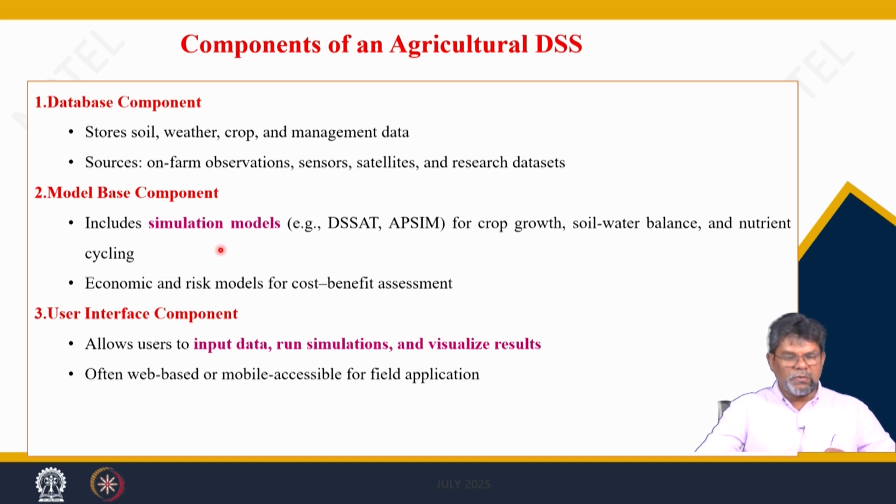Model-based components include the particular models we discussed; we have given a few examples. They have the principles of growth and yield simulation. They use different modules: the water balance model, nutrient balance model, and crop growth and canopy curve models, which simulate growth, respiration, photosynthesis, biomass, then yield partitioning. Different crops have many different models.